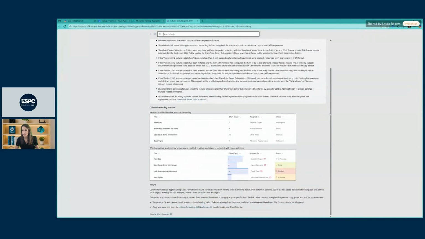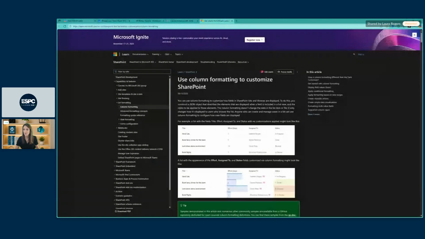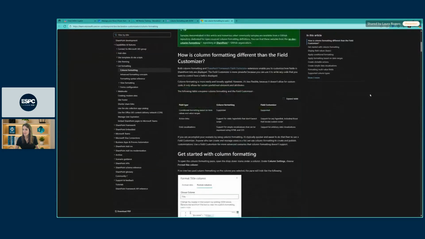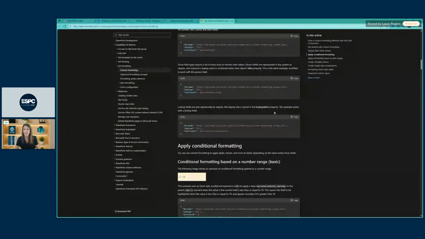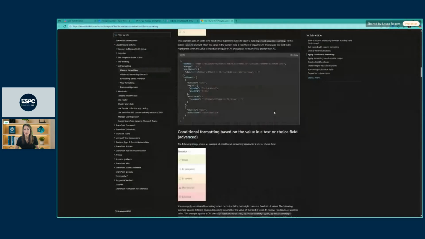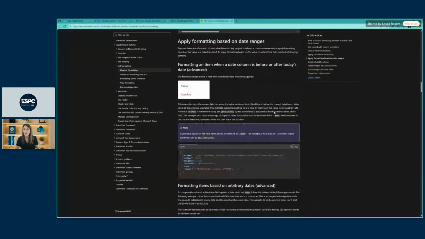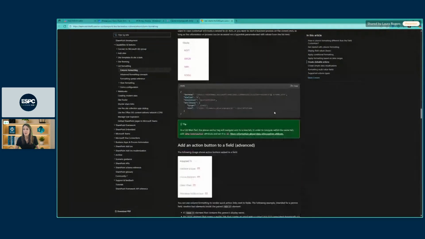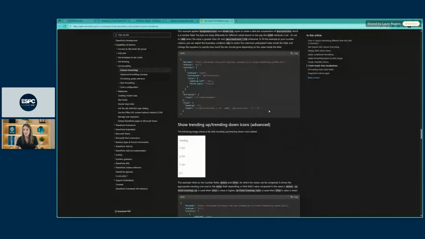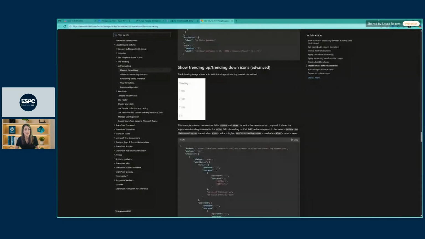But when you scroll to the very bottom, right here, column formatting JSON reference, way down at the bottom, that is what takes you to this more advanced column formatting reference. This gives you pretty much a whole tutorial on all the ways that you can format your columns and some things to try. And then that GitHub link is where people have shared their code to be able to make columns look really pretty and interesting.